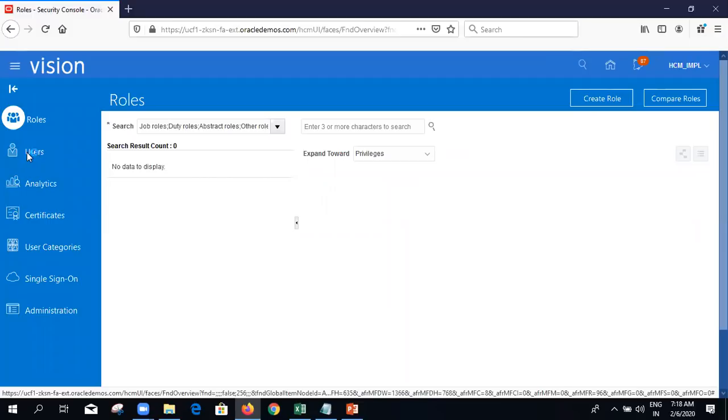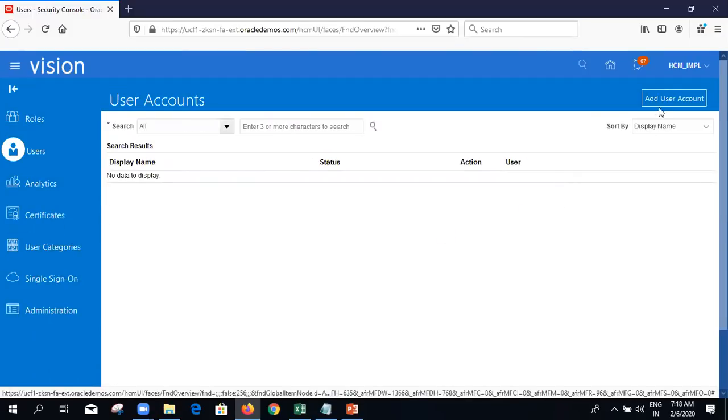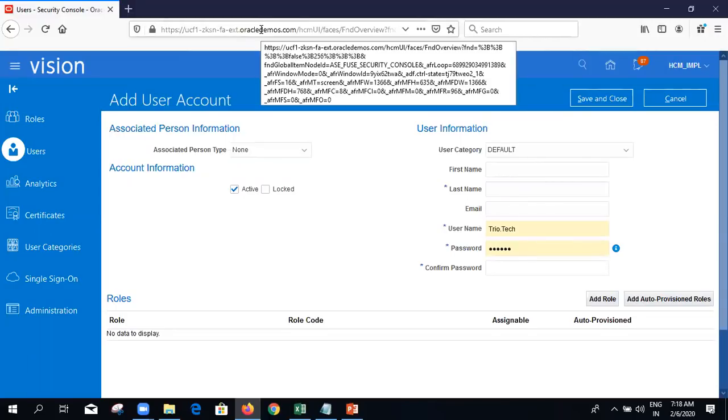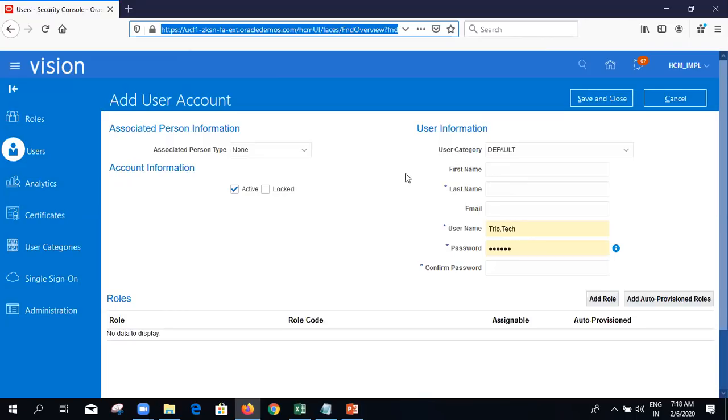Here come to user and then click on add user account to create your respective user accounts. So once you get the instance for practice, create the user accounts, and then after creating the user account, add the roles to your user.